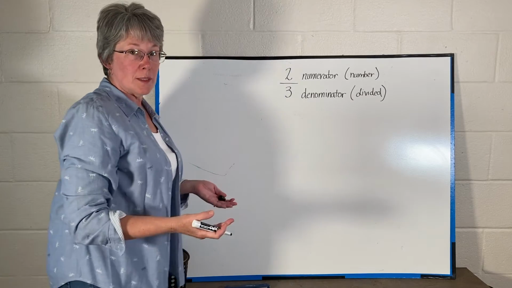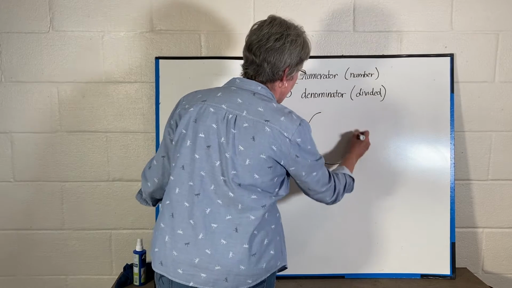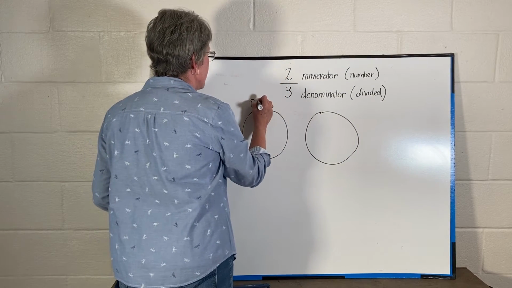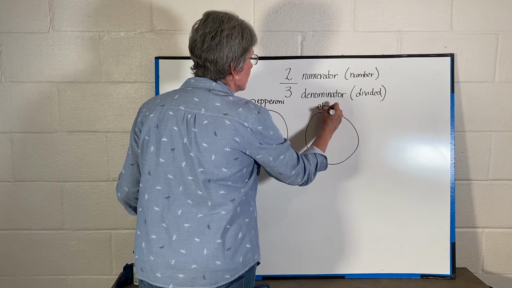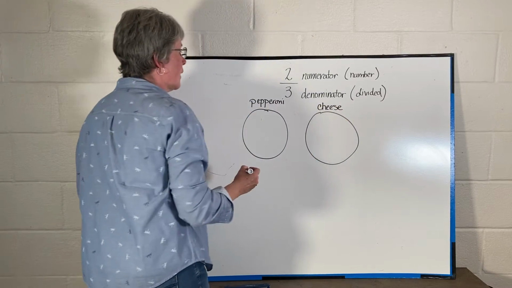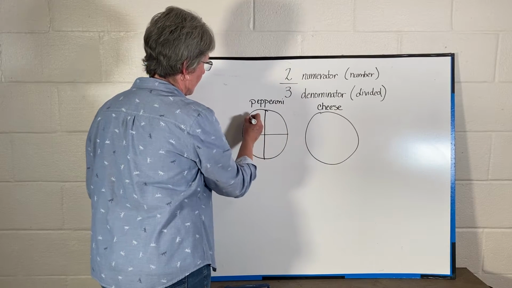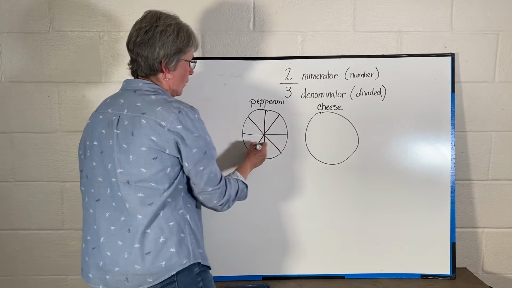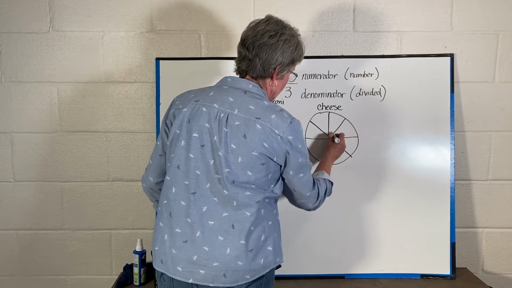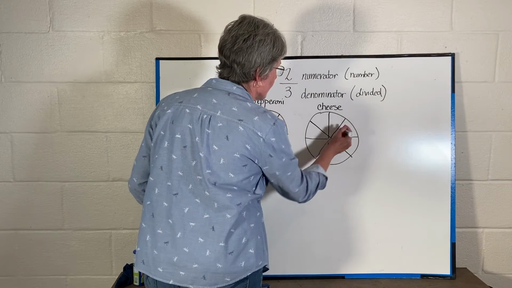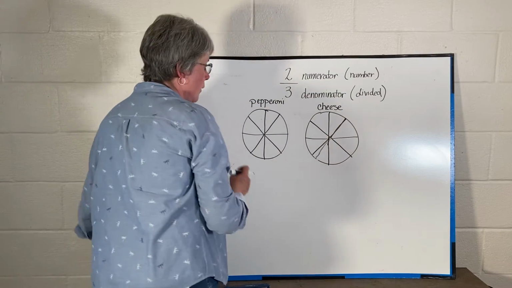So going on with our pizza example, say you buy 2 pizzas and they're the same size, and one is pepperoni and one is cheese. Now we're going to divide these pizzas into 8 pieces, more or less. Okay. Now, what we want to do here